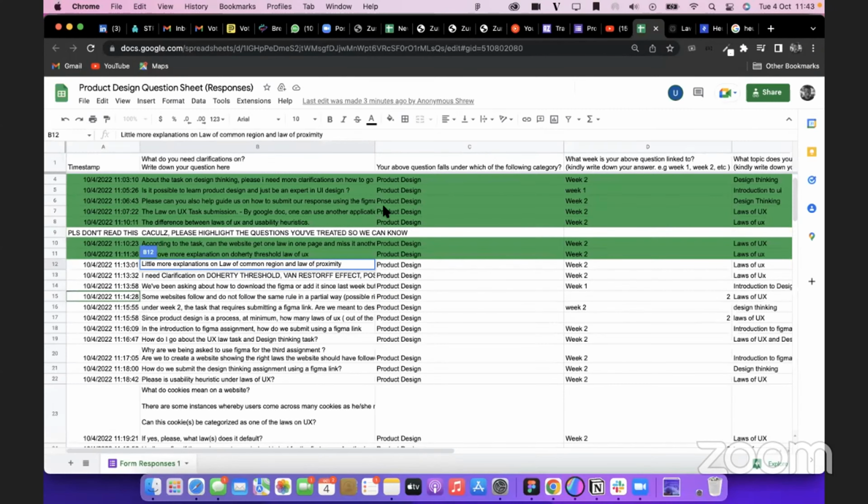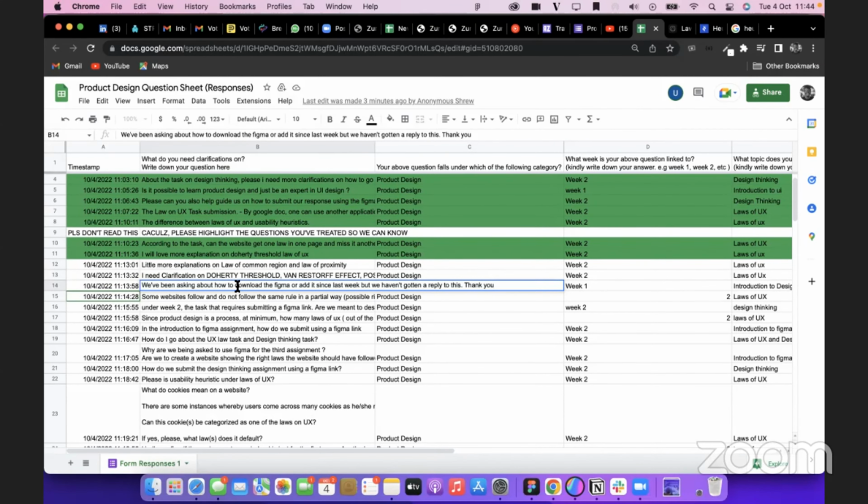I spent so much time explaining these laws. You guys didn't watch the class, right? You need clarification on duality threshold. I've explained that, but you guys should read. If I start explaining all these laws again, then there's no point of the class. I feel like you are not trying to do any work on yourself. So yes, this is too much for me to start explaining each of them. The class already explained them.